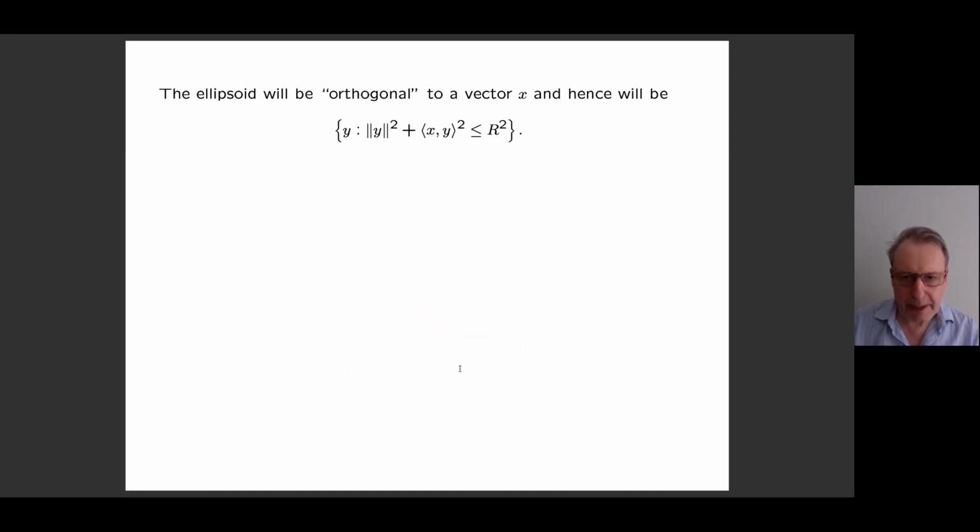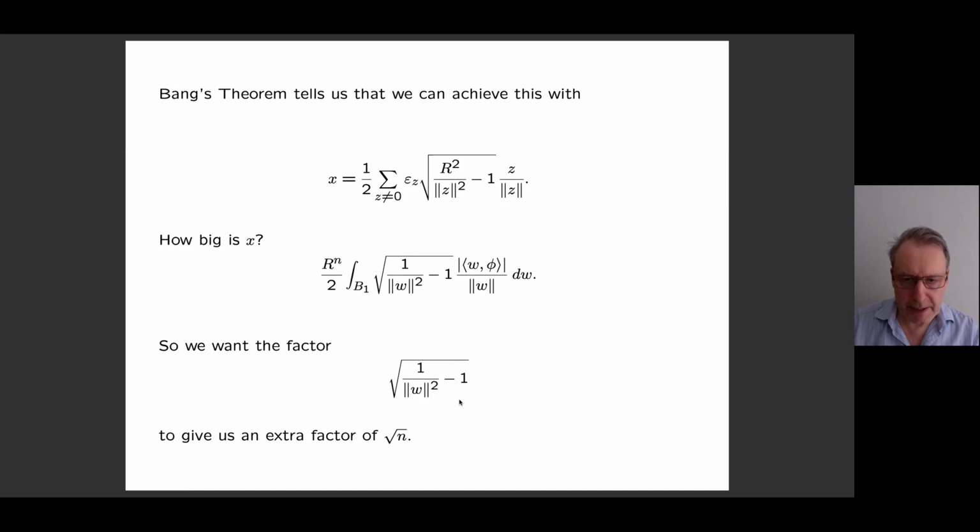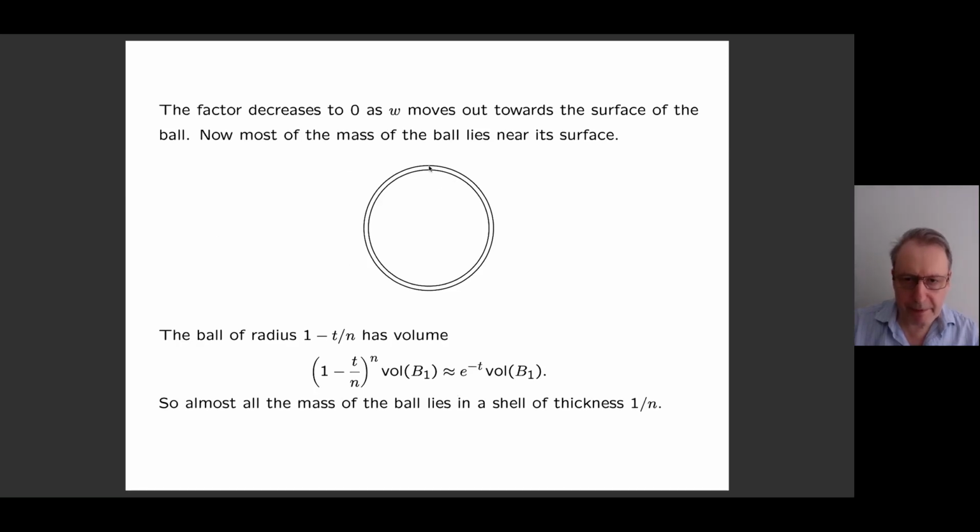And that, of course, is exactly saying that a typical point is near the surface of the ball. Its length is 1 minus 1 over n. Now we can expand on that a little bit and understand it more geometrically in the following way. Suppose you shrink the ball by this factor 1 minus some number t over n. Then the volume shrinks by that to the power n in n dimensions, and that quantity is essentially e to the minus t. So if t is like 5, you shrink the ball by a factor 1 minus 5 over n,